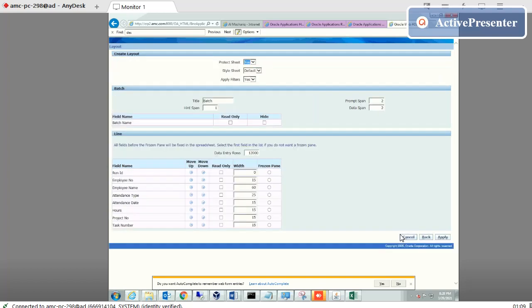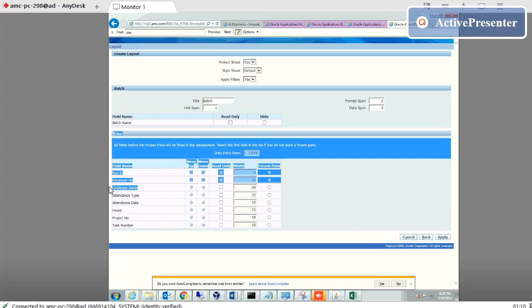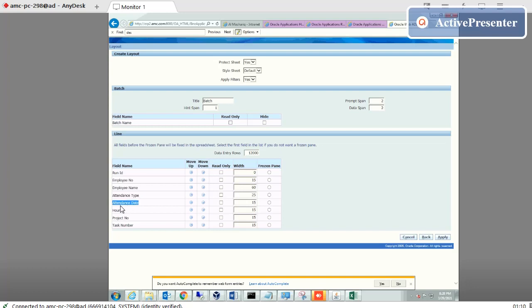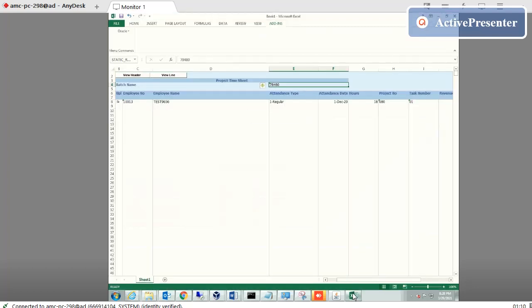After that, we have to go there. This is a sequence. So the employee number will appear, after that employee name will appear, after that attendance days, hours. This is the sequence, and this is the column in the Excel sheet, and what is the width of that column? Okay. If I apply this, I will not apply now. Already it is applied. So this is how we create a layout of this web page and how we upload the data. So thank you very much.